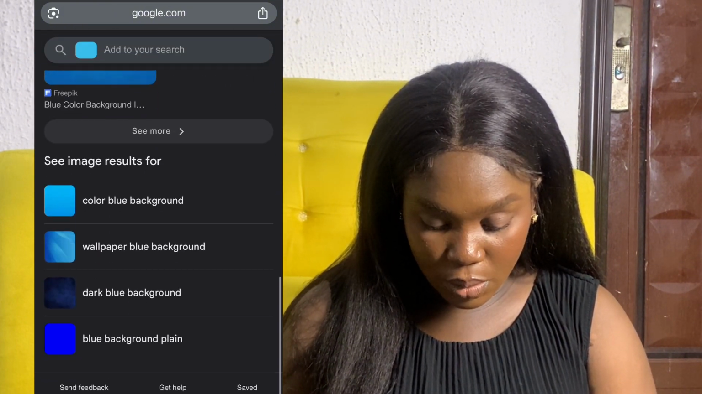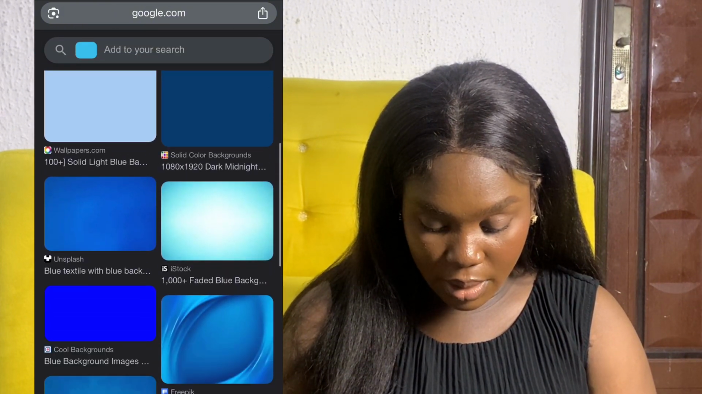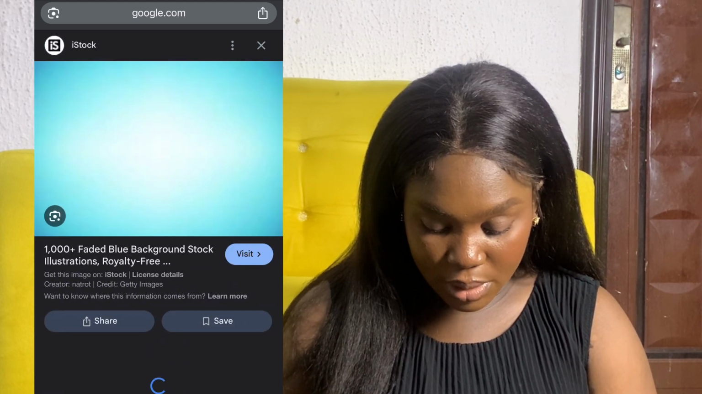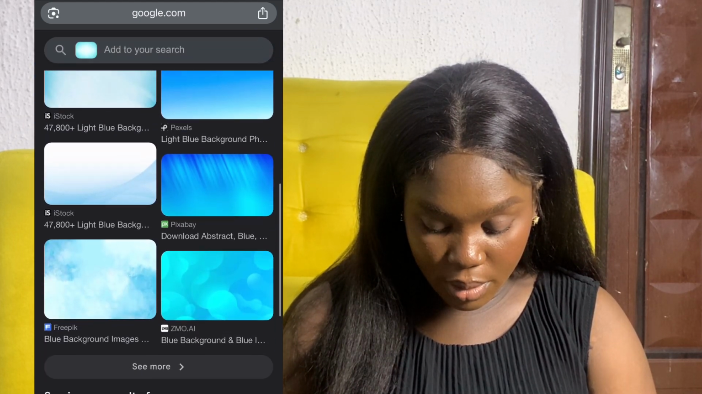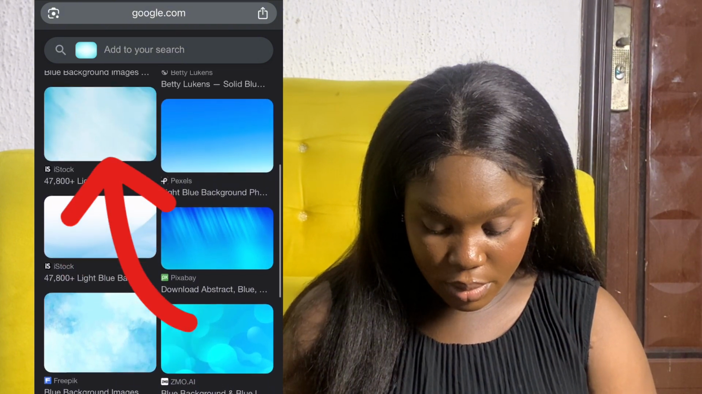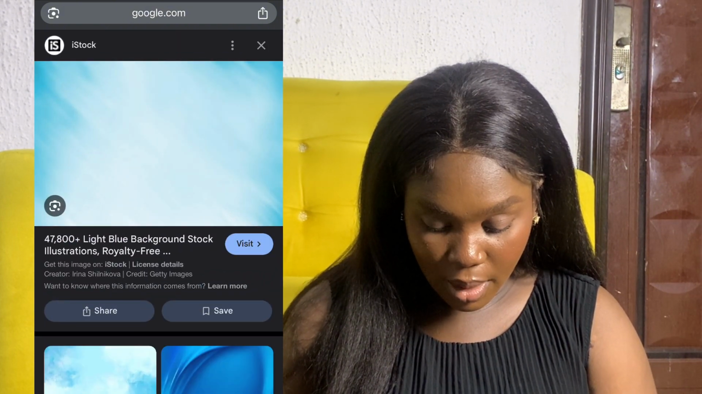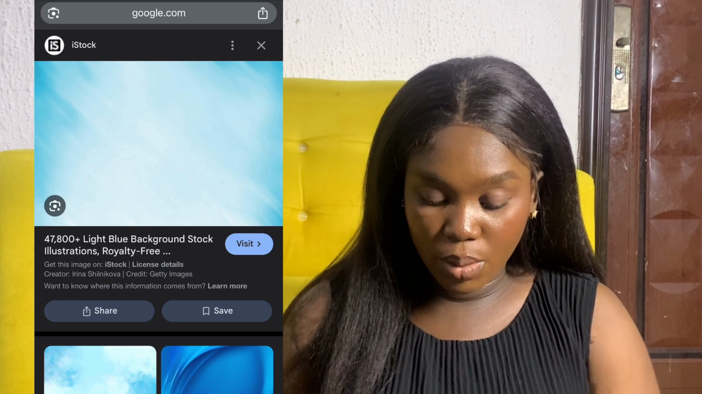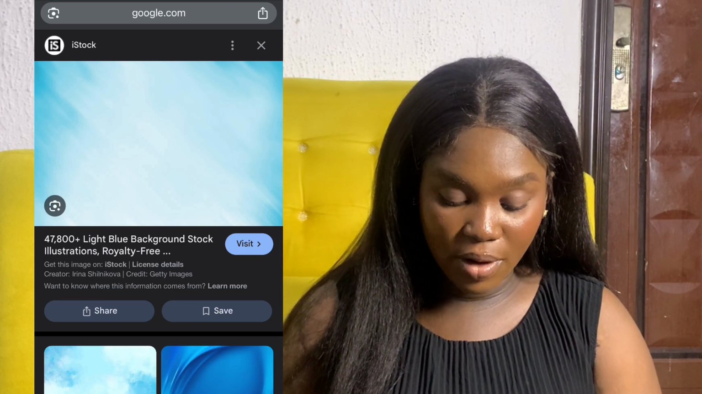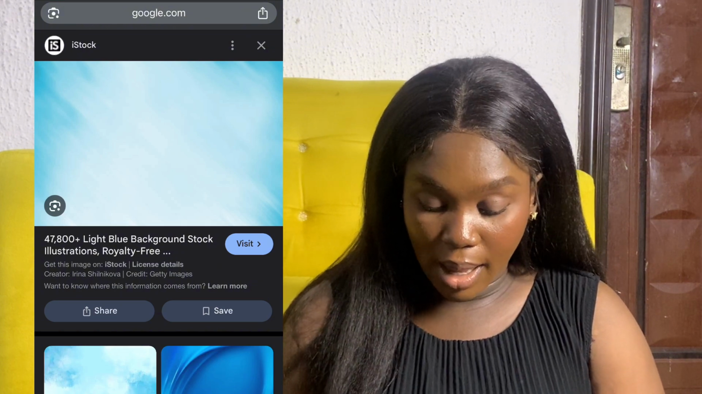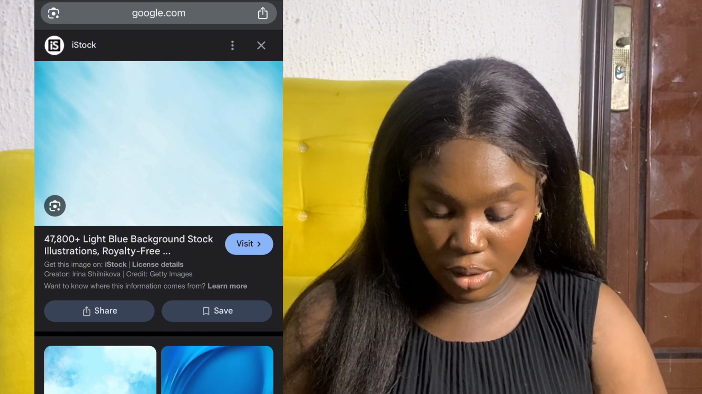I don't like these ones that I'm seeing, so I'll keep searching until I find exactly what I am looking for. So okay, here we go. I have actually found what I want. This is the exact background that I already have, so I'm just going to make a screenshot of it,